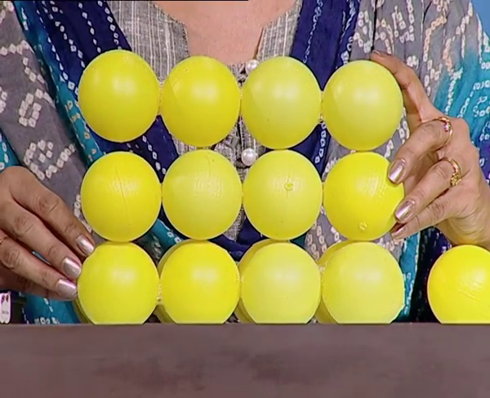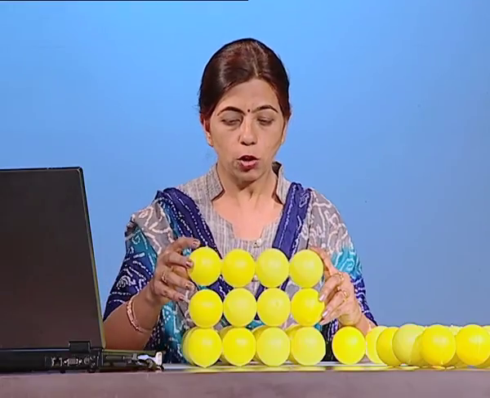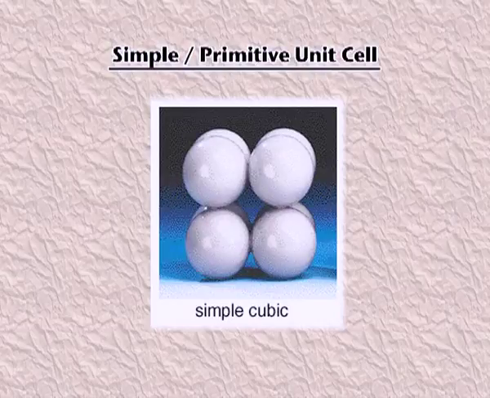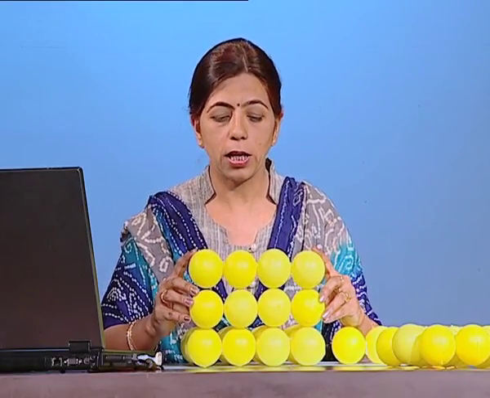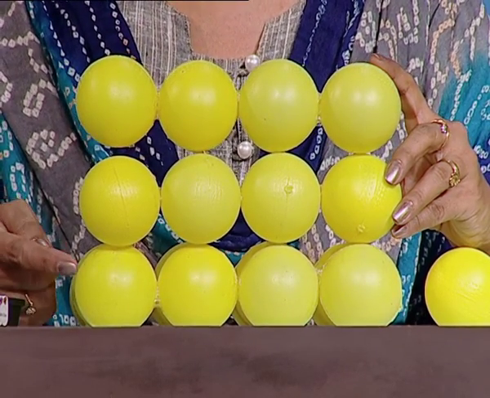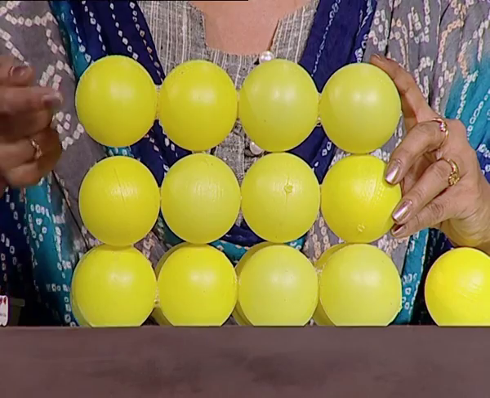This is three-dimension packing. Now you can see that when my unit cell is generated, it will be of a simple kind. That will be a primitive unit cell. This is one way of three-dimensional close packing, and since the pattern of the first layer is repeated, it is known as AAA type.